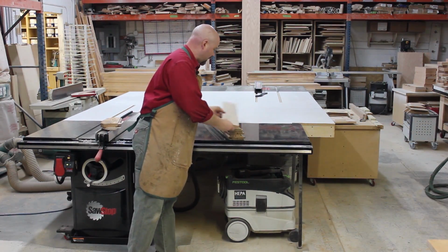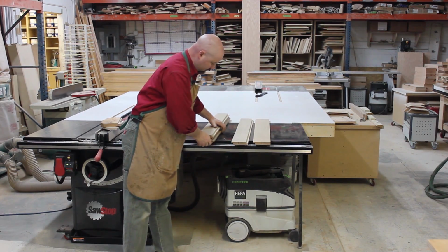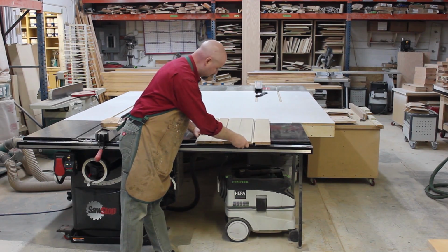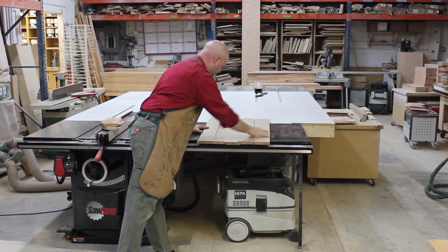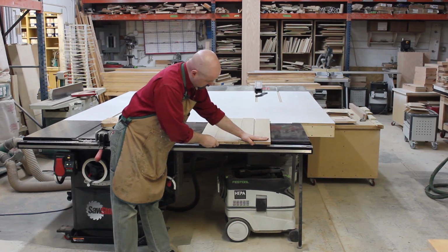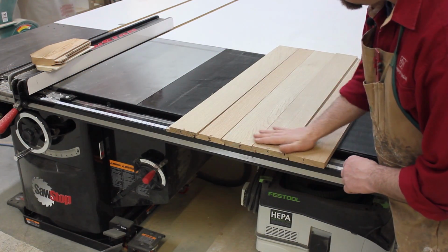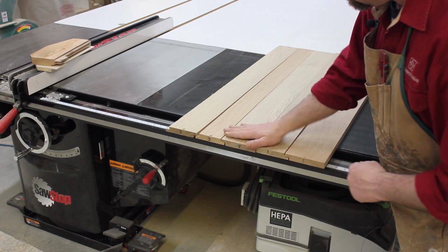Now here, I've got quite a few boards with rabbets on opposing edges. And as I lay them out, you can see all of these pieces overlap one another and create a solid back that still has a little flexibility to expand and contract with seasonal humidity changes. So this happens to be for a bookcase, and let me show you a captured form of shiplapping on the